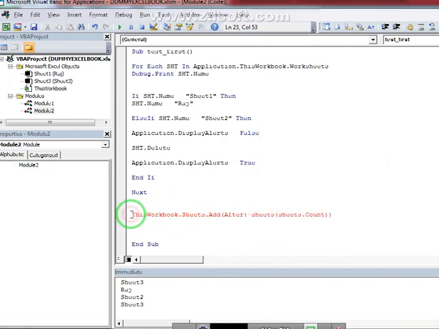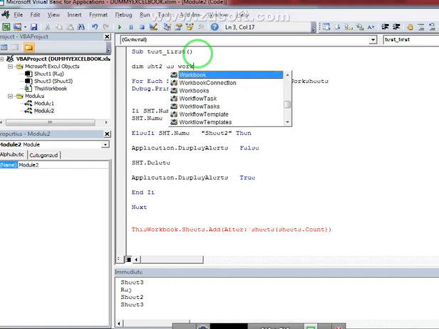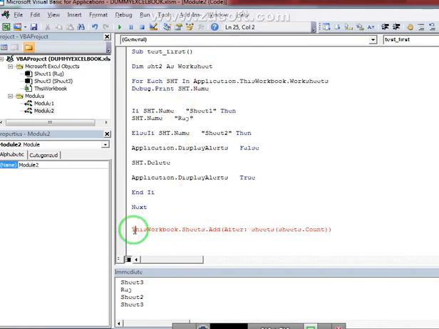So there is a problem. I have to take a variable to store the newly created worksheet. For this, I'm taking a variable ss2 As Worksheet. Alright, so now I'm going to set this variable, Set ss2 equal to the new sheet. Now it's okay. Alright, so now I'm going to execute the whole program.